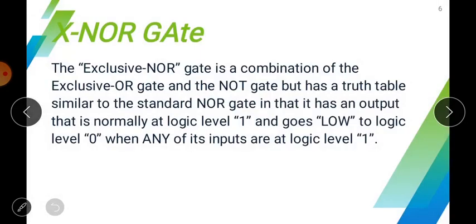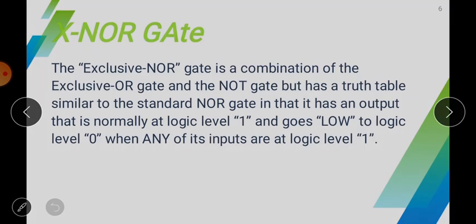Now moving forward, we have one more gate, that is the XNOR gate. It is the inversion circuit of the XOR gate that you studied in the first part of the topic. So it is the combination of the exclusive OR gate, mainly said as the XOR gate, and the NOT gate.